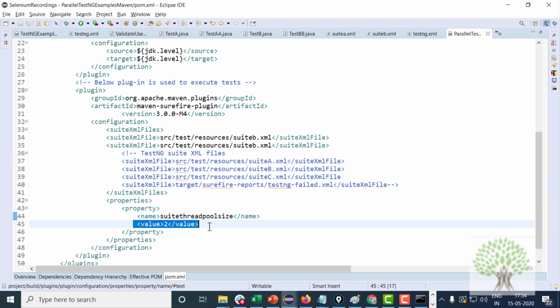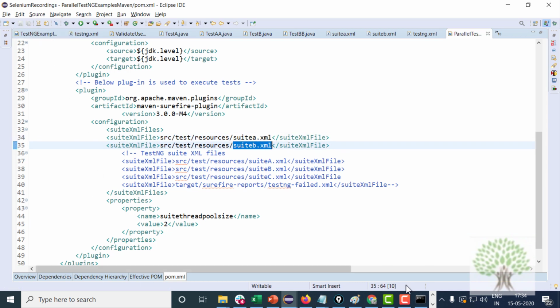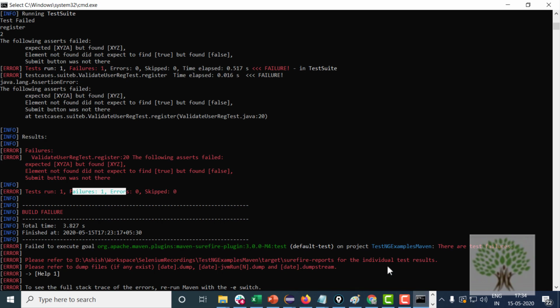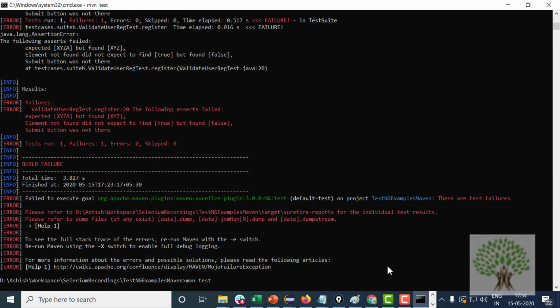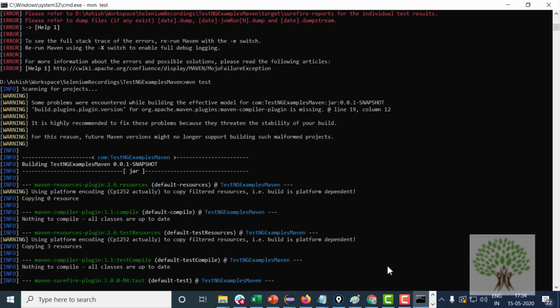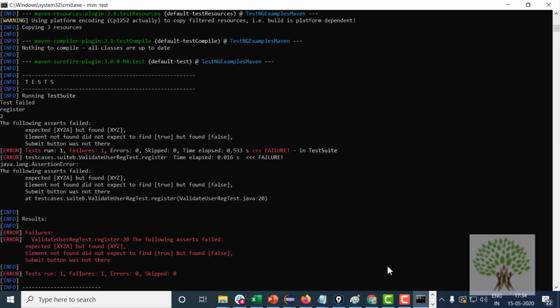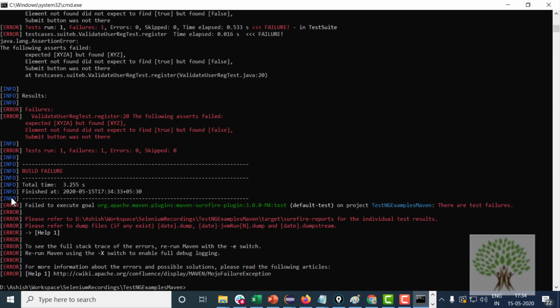That means 2 test suites can be executed in 2 different threads parallelly. So this way both test suite A and B XML which you have mentioned will be executed parallelly by Maven. If I run this Maven test, everything will now go in its own way.